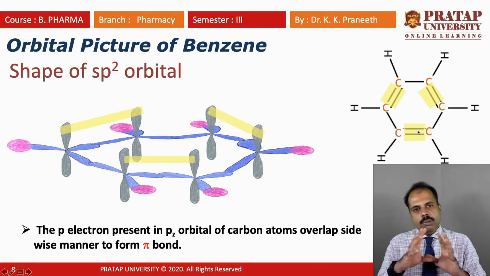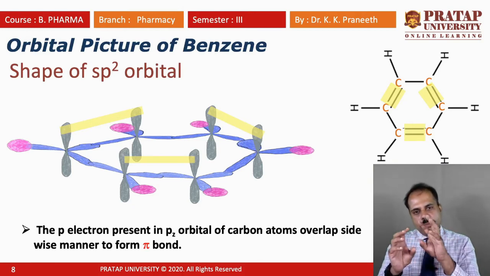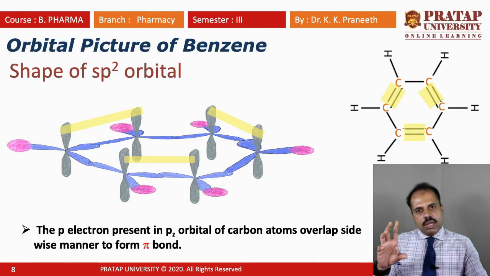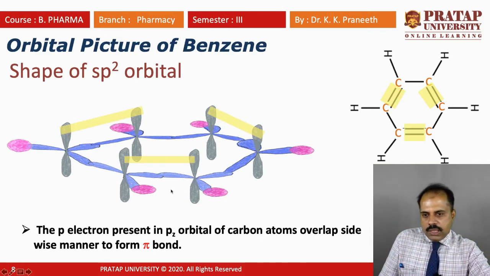Like this, the 3 double bonds are created. How is it created? Through the overlap of the 1 electron present in the pz orbital with the other electron present in the next carbon atom's pz orbital, like that. So I have already mentioned to you that